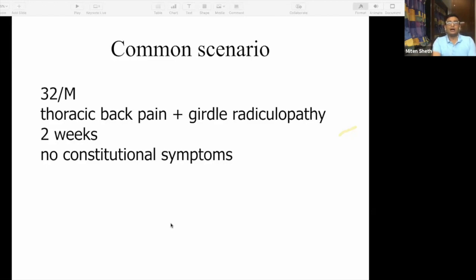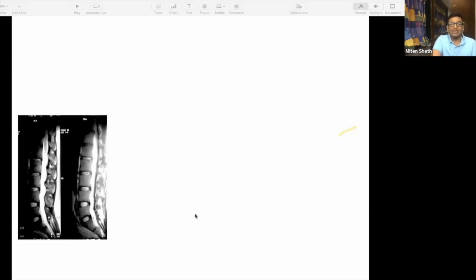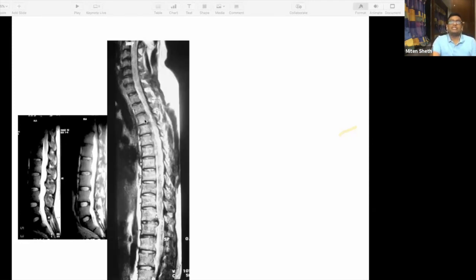Okay, sometimes you get a young patient with mid back pain, which is very common. Just 2 weeks of pain, nothing dangerous there. You're doing exercises for the patient and everything, and the patient is not getting better. So what do you do? In that case, you ask the patient to get an MRI done. Because you've done everything and things are fine, on an MRI also you're not seeing anything.